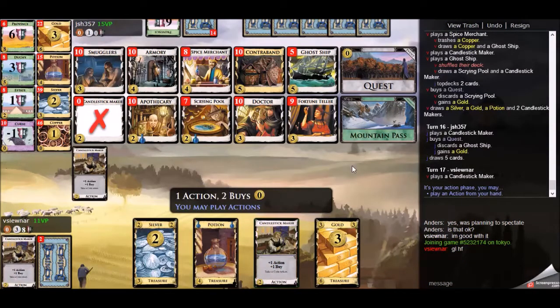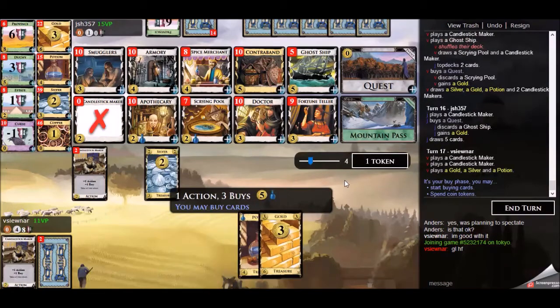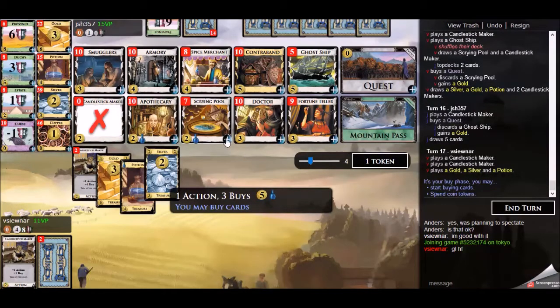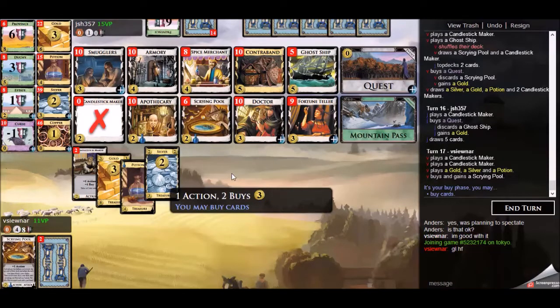So you see this hand here, this is what could happen when you have a lot of Candlestick Makers in your deck, right? You just see them instead of other action cards or draw, like the Scrying Pool. Is the risk you run when you play Scrying Pool Candlestick Maker solely like this, but it happens sometimes. You have to deal with it, and one way to deal with it is by stuffing your deck with Scrying